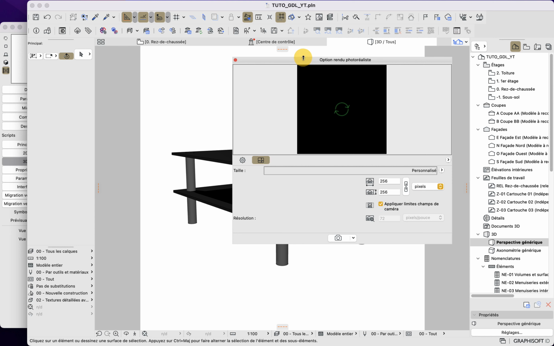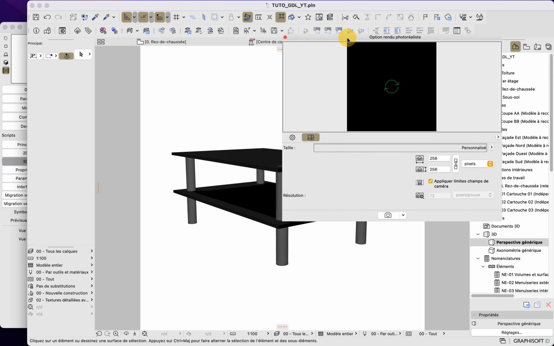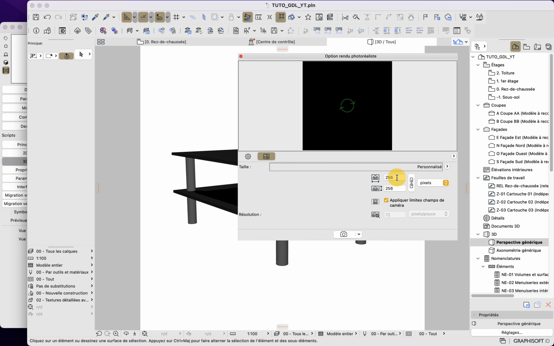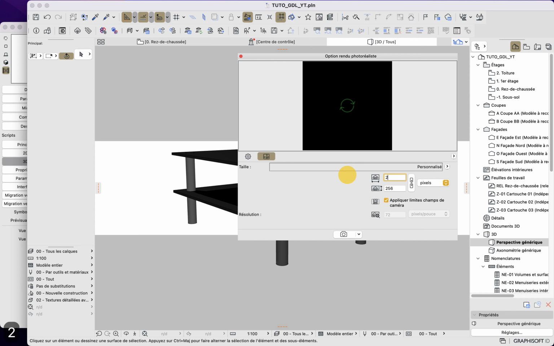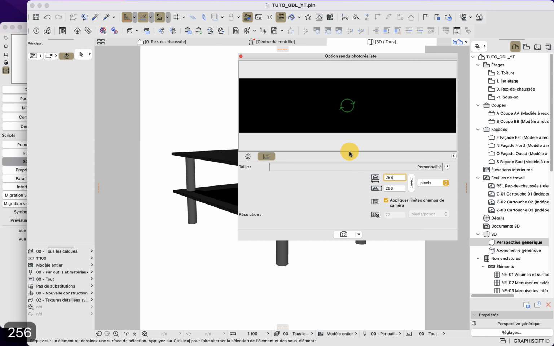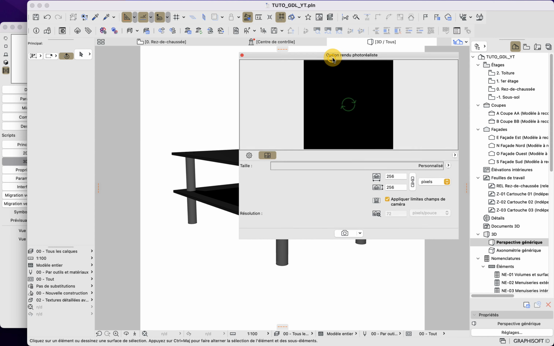Also important to note, the image is embedded in the object file. So that's why it's better to not do something like 1024, because your GSM will be quite heavy ultimately.